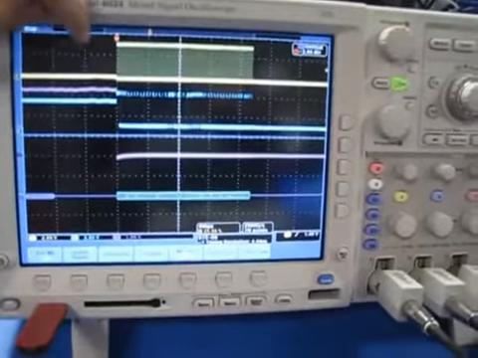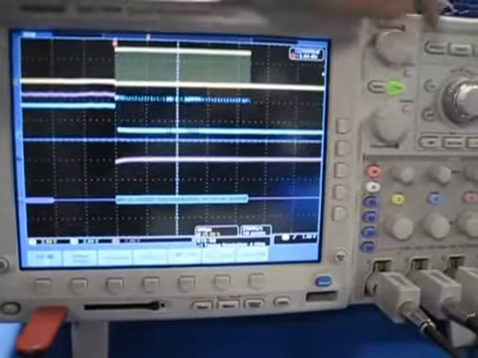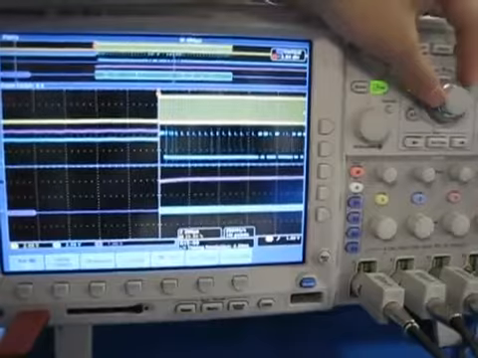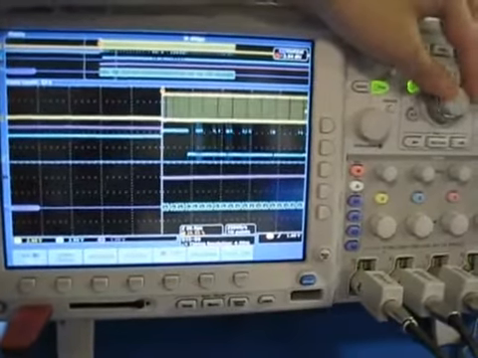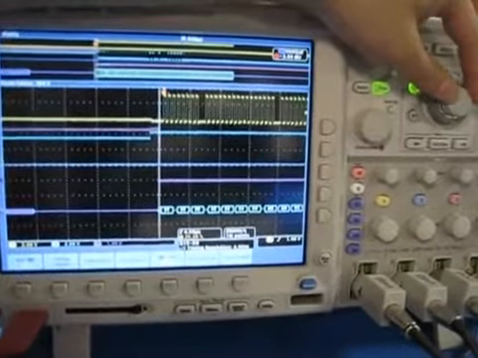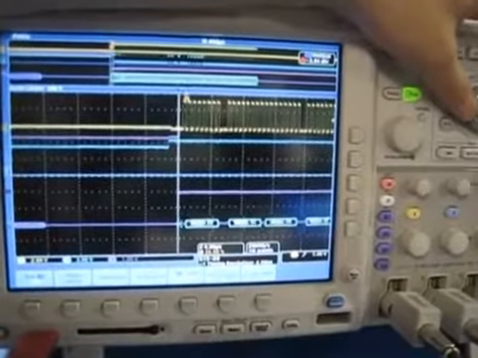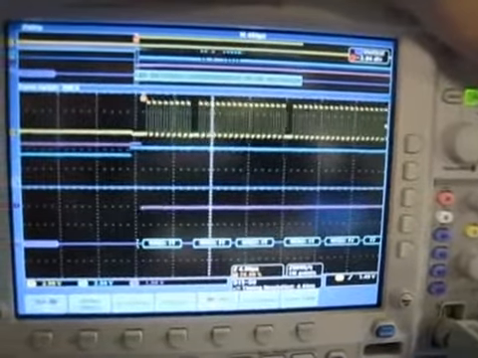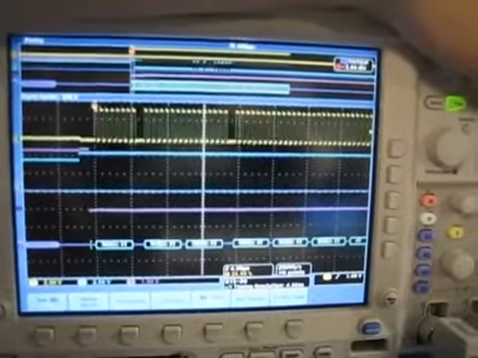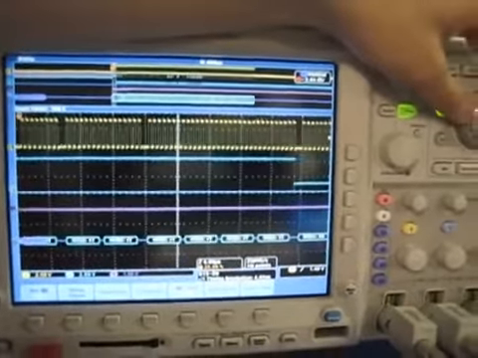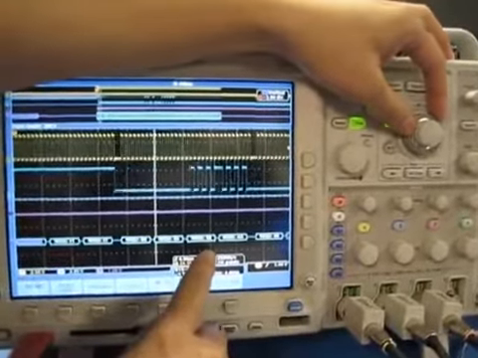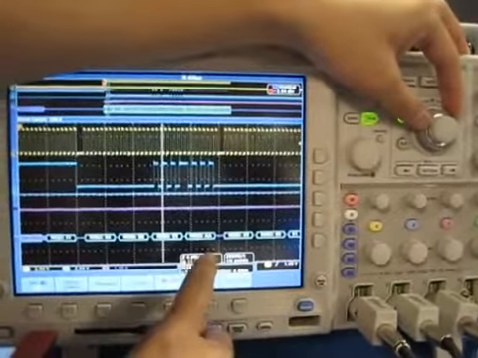Okay, once I power on the board, we go back to the screen. We will see, okay, now it's triggered. The yellow one is the clock. Let's zoom in on the waveform. Here we go. When we zoom in at the beginning of the power cycle, we will